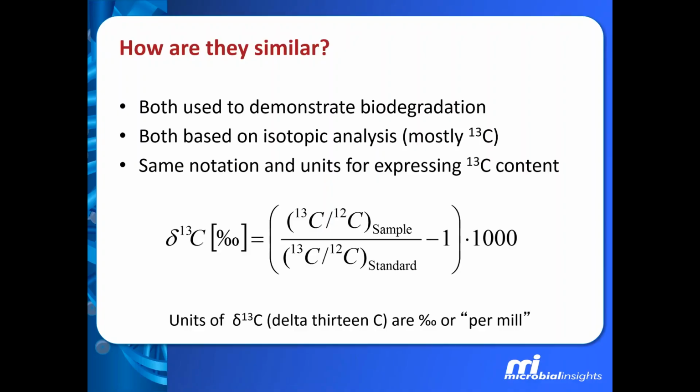So let's begin by talking about how they are similar. The applications we'll be talking about today, we'll be talking about how we can use these techniques to actually demonstrate that biodegradation is going on in a contaminated aquifer. Both of these methods are based upon isotopic analysis, mostly carbon-13. And both of them use the same notation and units for expressing carbon-13 content, and that's typified by the equation that you see here on the slide that provides us a definition for what we call the delta 13C of